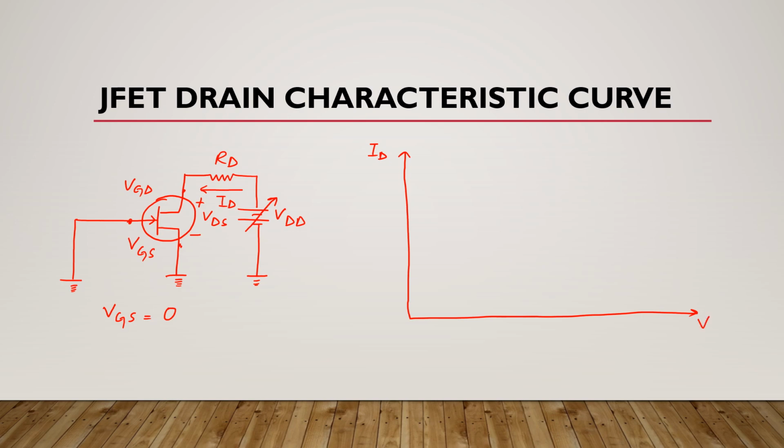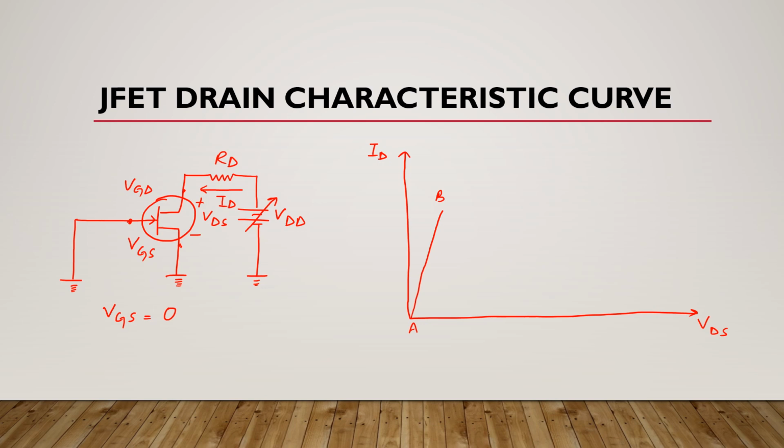Here this voltage is VDS. Now as this VDS increases, ID will also increase. So the curve will look like this. Now here this point is A and we call this point